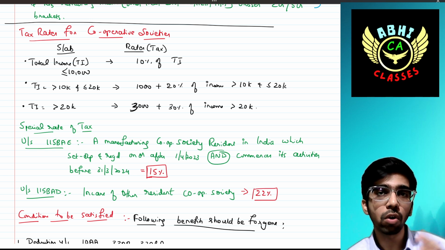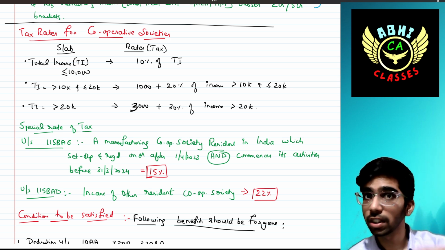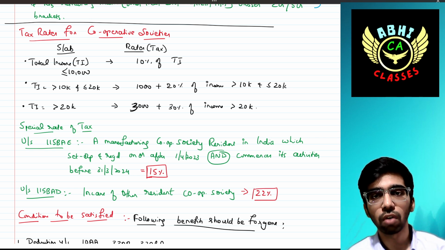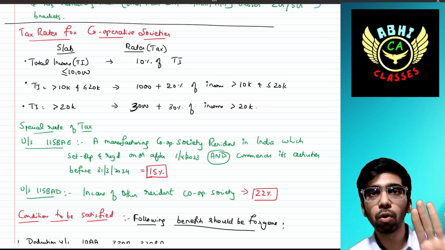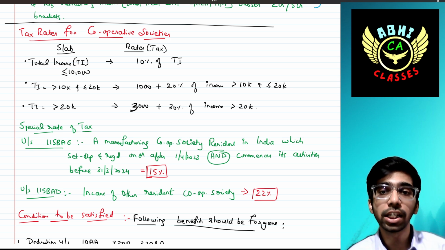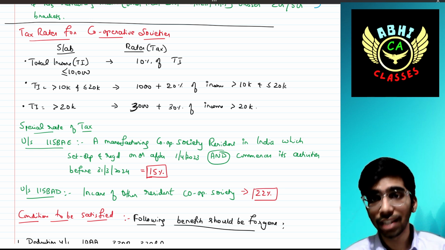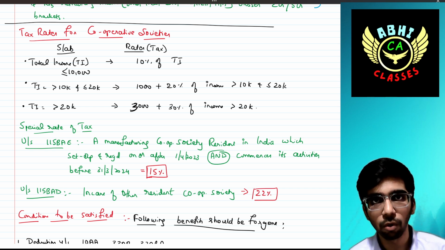Next, total income is more than 20,000, then 3,000. First 1,000, next 10,000 at 20%, 2,000. If you add both, you will get 3,000, plus 30% of the income above 20,000. Let's say for example, if your income is 30,000: up to 10,000 at 10%, 1,000 amount. Next 10,000 at 20%, 2,000, plus 3,000 is done. Next 10,000, right? Because your income is 30,000. From 20 to 30, the balance is 10,000 at 30%, that is 3,000. 3,000 plus 3,000, 6,000 is the tax amount that the cooperative society is liable to pay to the income tax